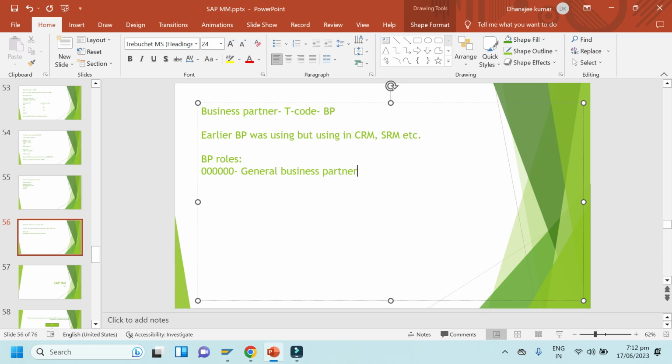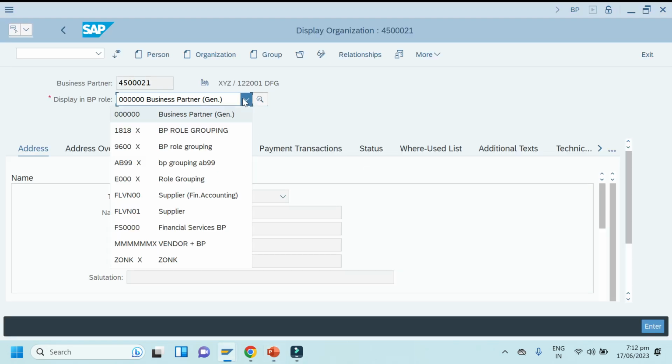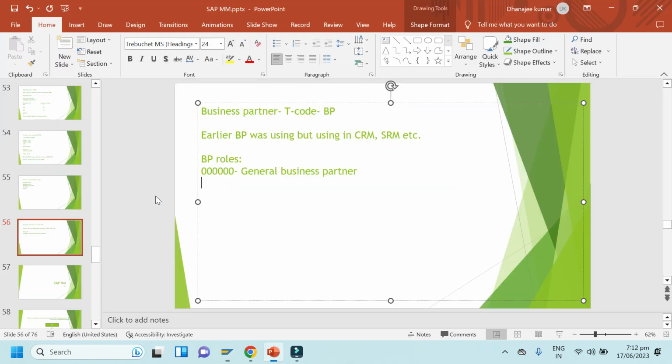Like in vendor master we have defined 3 segments, right? General segment, company code segment, and purchasing segment. Similarly, in business partner we have 3 segments. General partner role is 0006. Then the next one, FLVN00. You can call this one